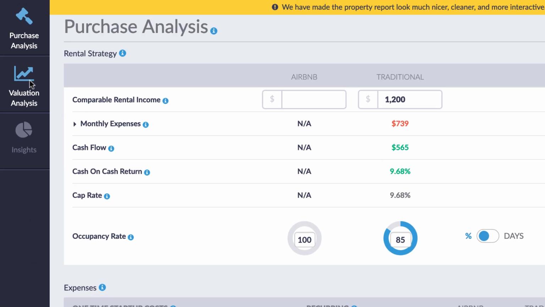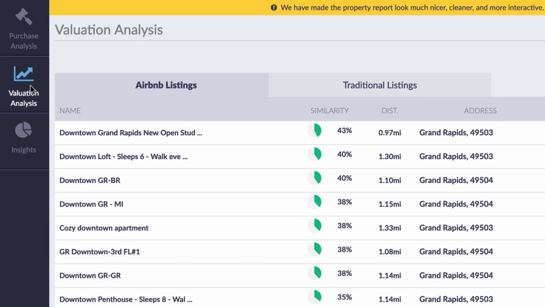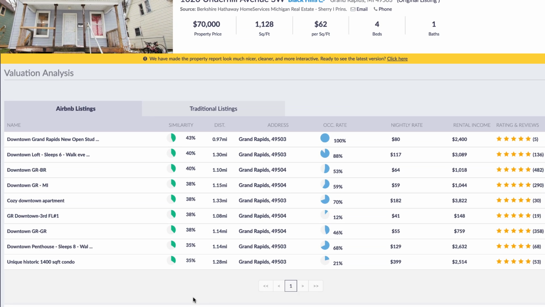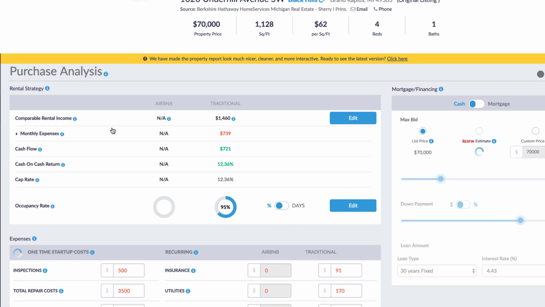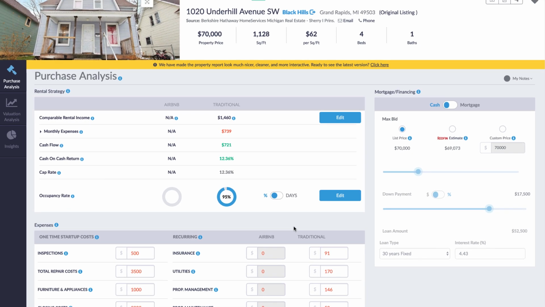Then we can also check out the valuation analysis and just get an idea for, okay, what comps is it using to come up with these assumptions that it has in place under the traditional listings? And it will show us some of the other comparables out there. Now, an important thing to note on this particular example, there's only one, which is not a whole lot to go off of. So it would basically just tell me, okay, you're probably going to want to find some other sources of data, maybe call a local property management company. Just make sure that these numbers here are actually accurate based on their knowledge of the market, because they're in there working in that area every single day.